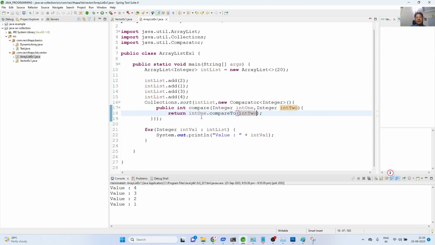Another way is that we could pass a custom comparator. In this case, because we have only integer values, I could simply say compare int1 with int2. So it is comparing the same type of object. We don't have a separate object, and we are saying compare int1 to int2. That means it will be natural order,